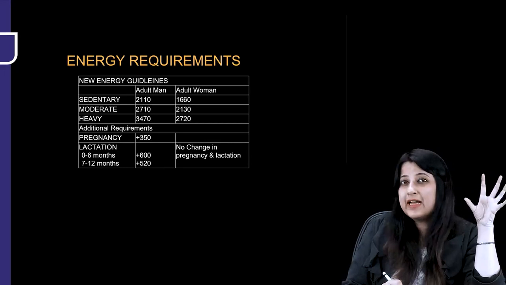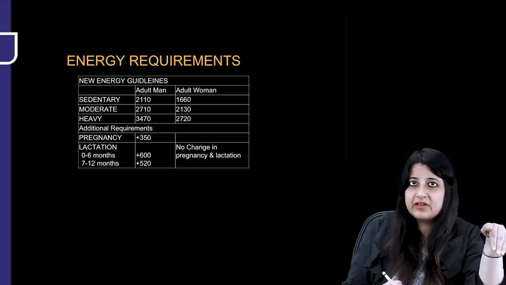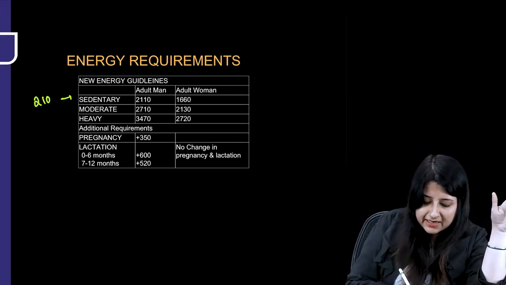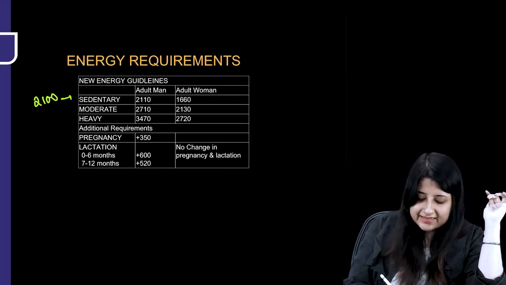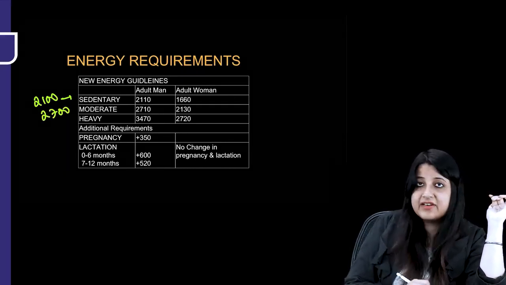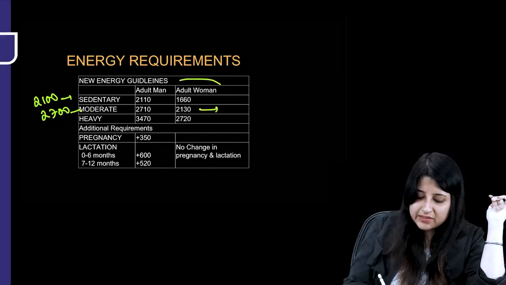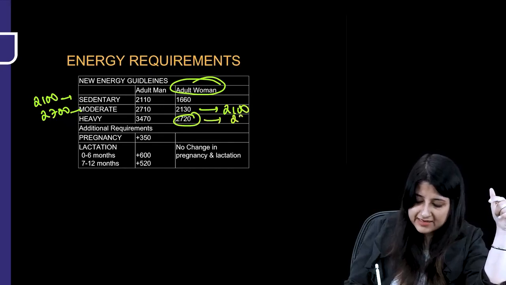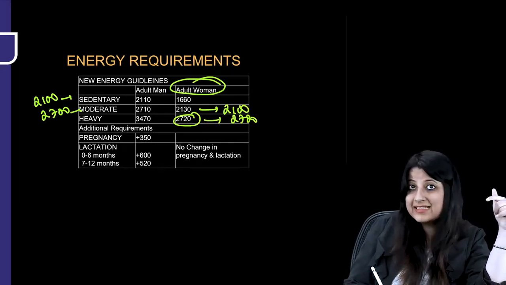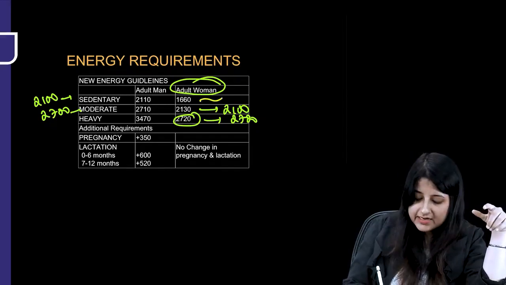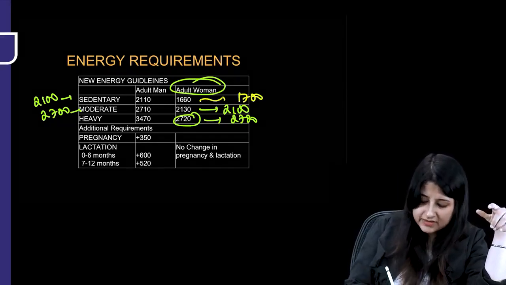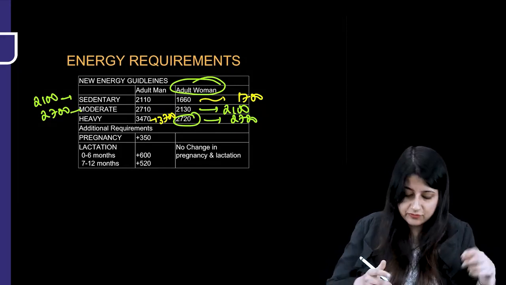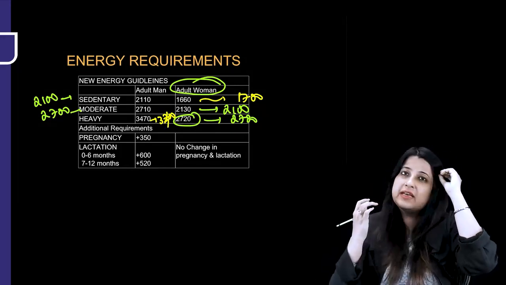So how have I made you learn it? Now, here, what had we done in the main lectures also, like sedentary, moderate, and heavy worker, male and female. Now, if you can see, whatever is the energy requirement by the adult male, okay, sedentary adult male, you can write this as 2100, moderate is 2700. The same is the energy requirement by a moderate and heavy worker female, okay? Here it is 2100 and here 2700. Plus here it was 1660 for a sedentary worker woman, so you can do it as 1700 and just double it, everybody. So you can remember, heavy worker male is 3400, okay, 3400.